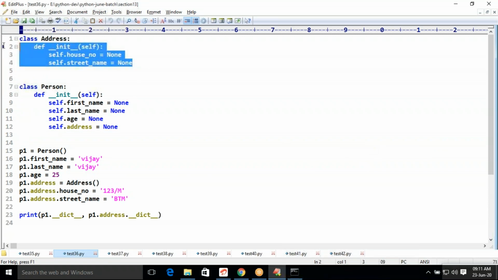Address class with 2 members: house number, street name.